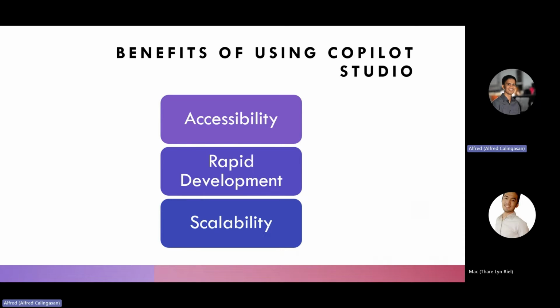And since it's low-code development, it also benefits rapid development. Pre-built components and features within Copilot Studio allow for rapid development as well, saving you valuable time and resources. And the last thing is scalability. Copilot Studio is designed to be scalable, so you can easily accommodate your application's growth as your needs evolve. By leveraging the power of Copilot Studio, you can unlock the potential of generative AI and build innovative applications that transform your business and user experiences.